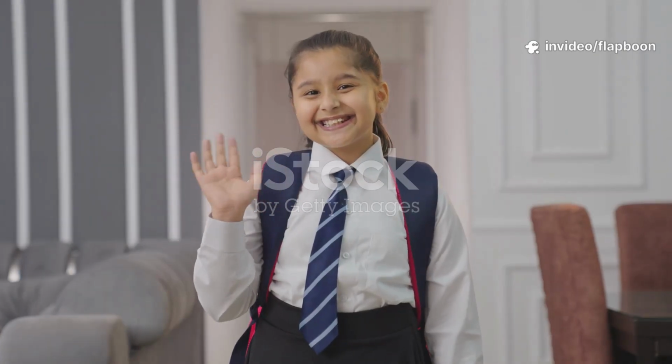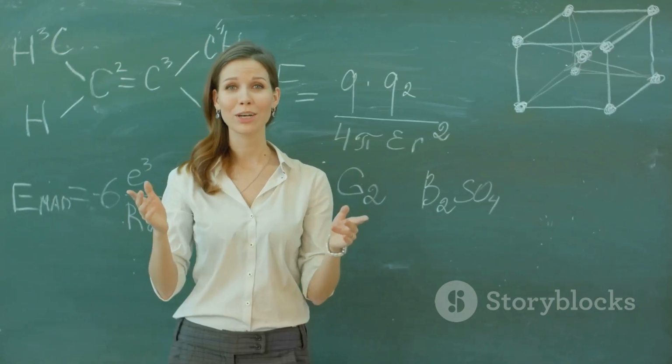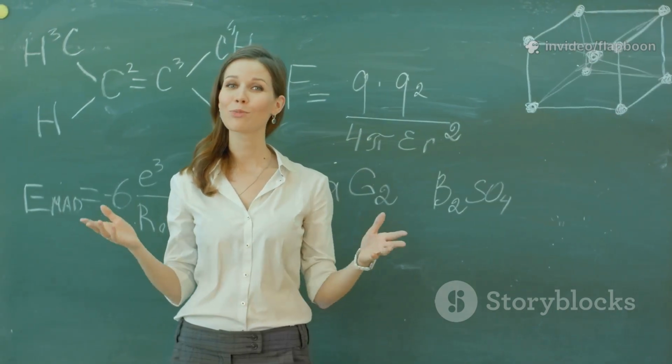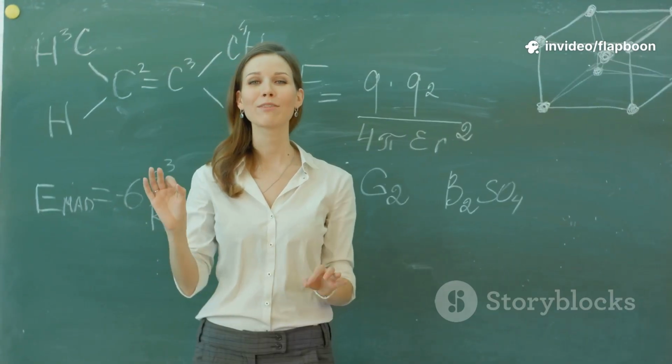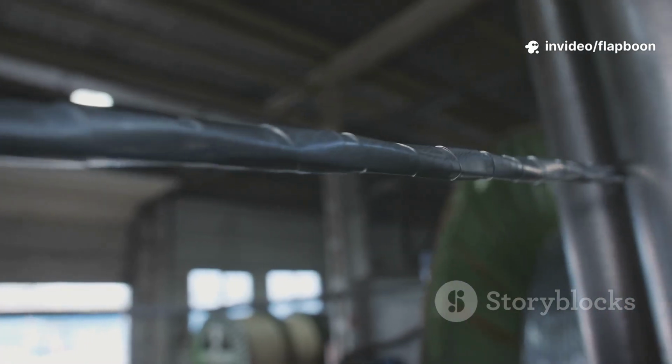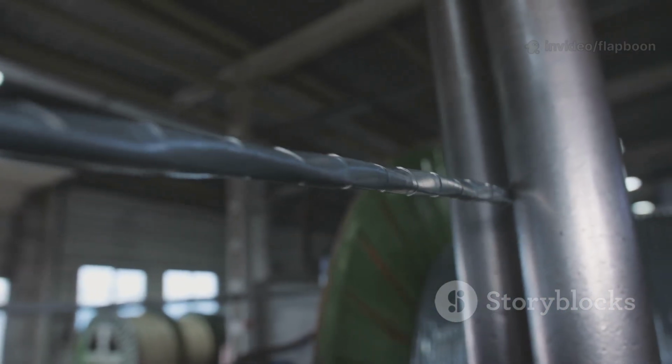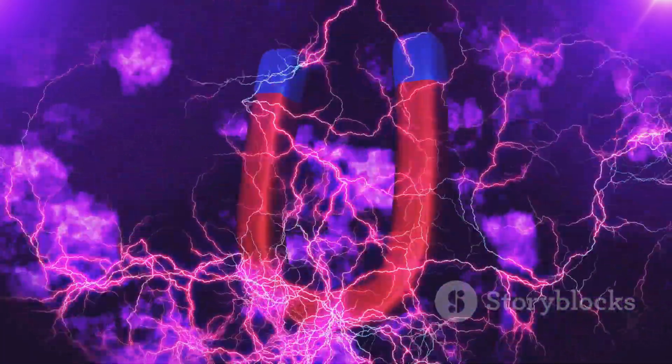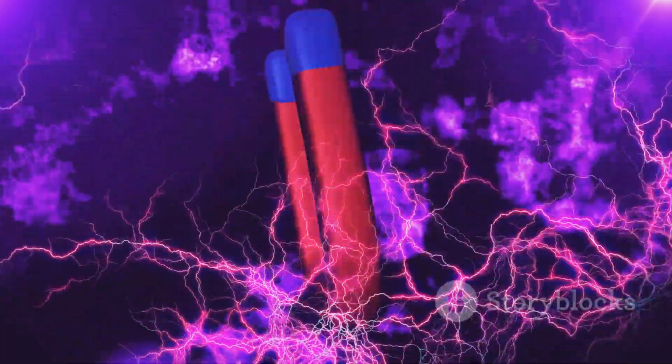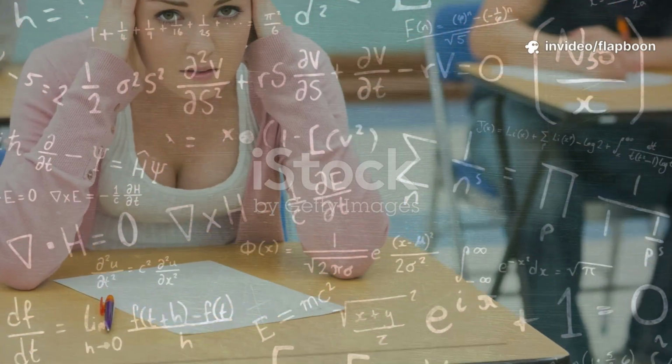Ready? Let's go. You've heard it 1,000 times. Change the name and the concept changes. No, wrong. Physics doesn't care about names, only about behavior. Electric current creates a magnetic field. Moving charge equals magnetism. Name it electromagnetism or magnetic effect. Still the same science. Students confuse cause versus effect.